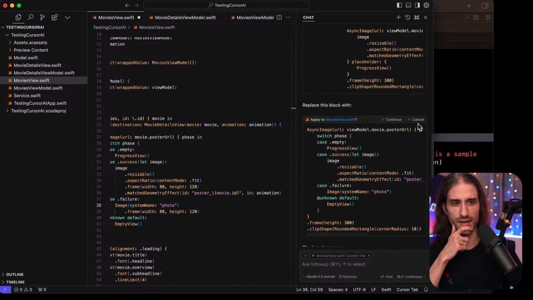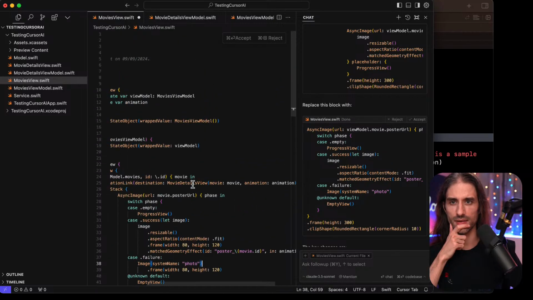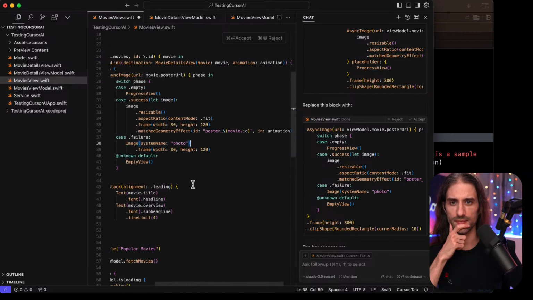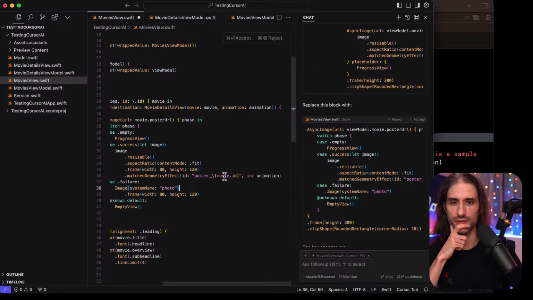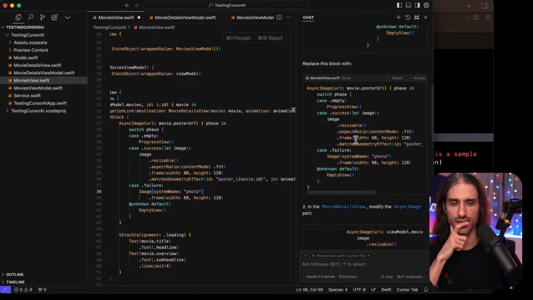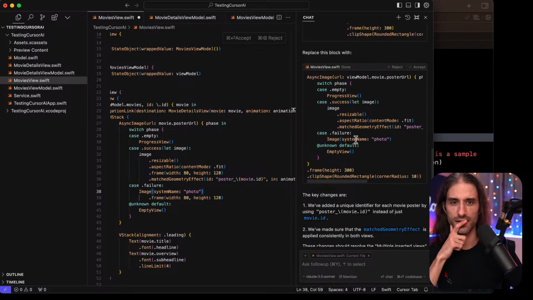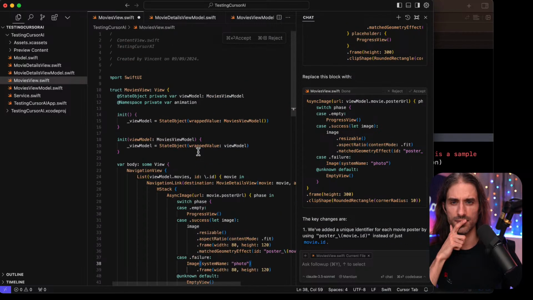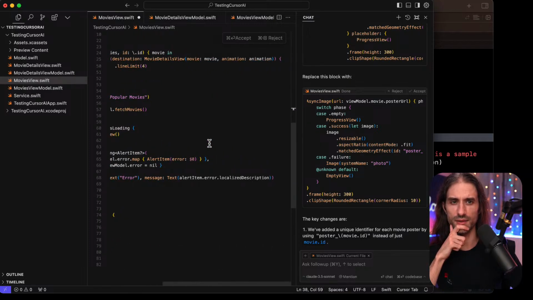And in the other one, what do they say that we should do? What did they change? So here they put that. But what I don't get is that it seems they made the change twice in the same place.